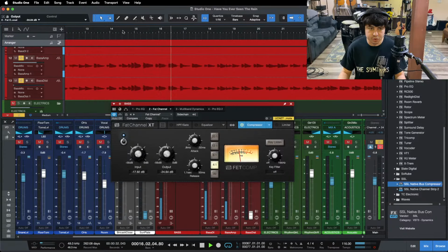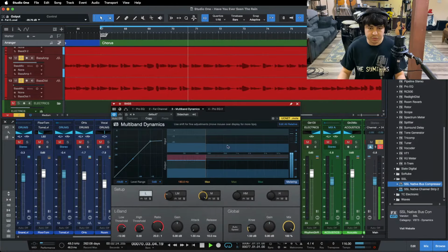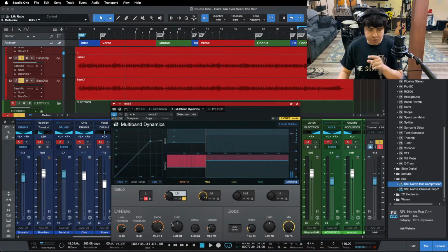Been compressing bass pretty heavily these days too. So those things there, I've been using the multiband to take care of them. Just pulling the bottom end down, but then up at the top here, I've started using this top band, so everything above 180, 20-to-1 ratio, fast attack, fast release, and then anything that's